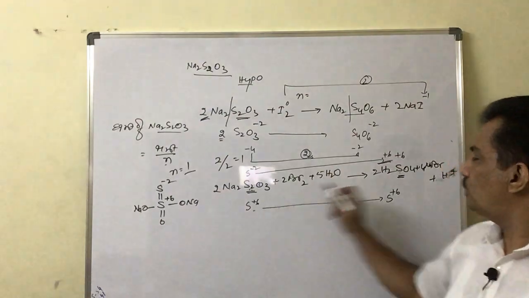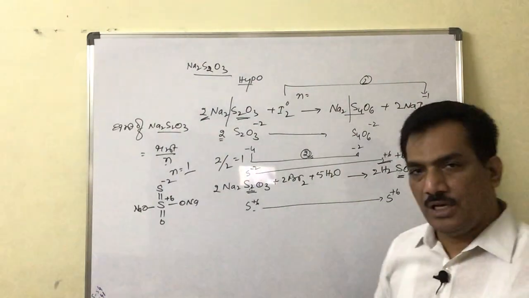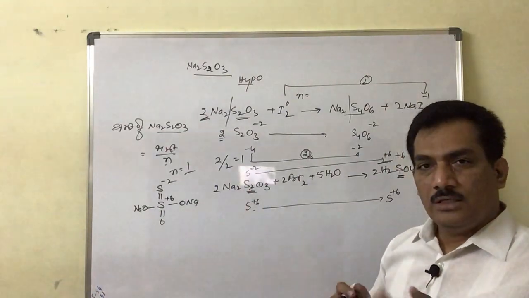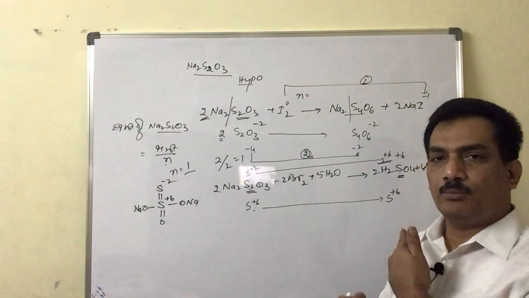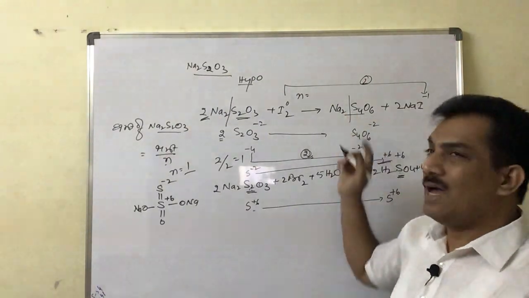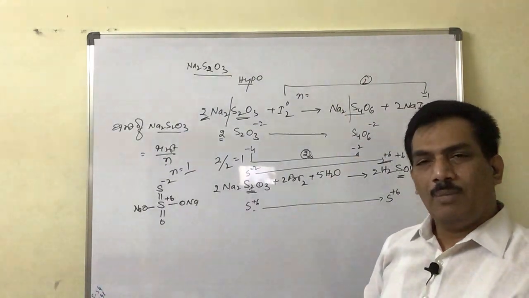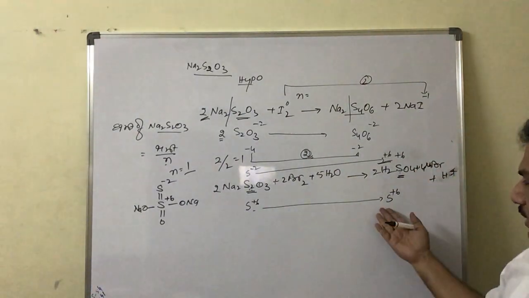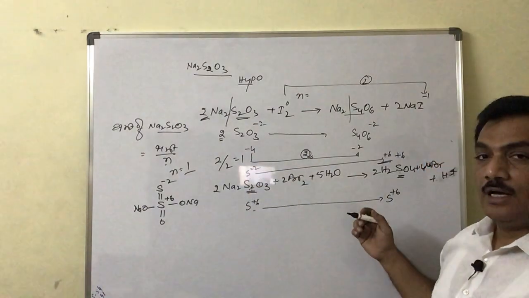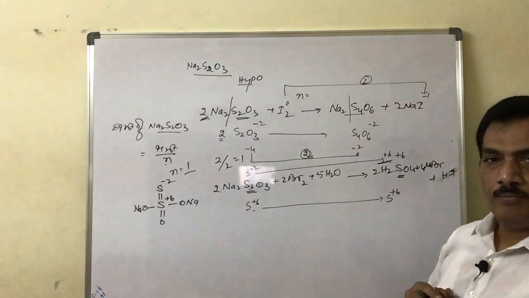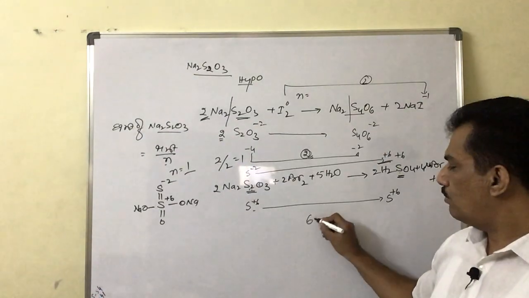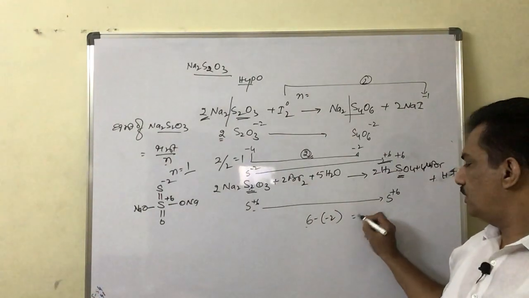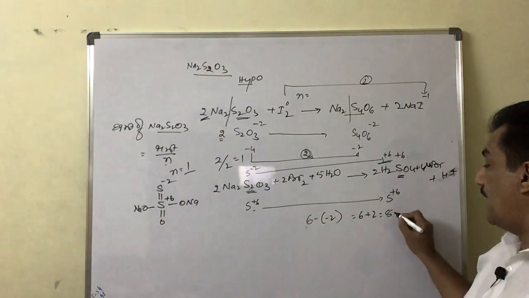That means the sulfur with +6 is retained as it is, and this S-2 is also changed to S+6. Just observe, both sulfurs are in +6 oxidation state, meaning the S-2 present in thiosulfate also changed its oxidation state up to +6. But in the earlier reaction it did not happen like that, they just undergo coupling by releasing 2 electrons. That's why the change is only 2 units. But here, unlike that, the oxidation state changes from -2 to +6. Then what is the change? Final oxidation state minus initial oxidation state, 6 minus (-2), that is 6 plus 2, which is 8.